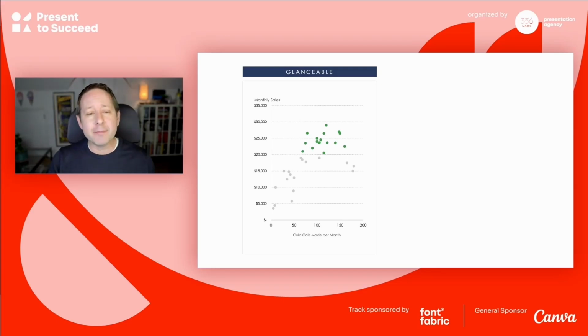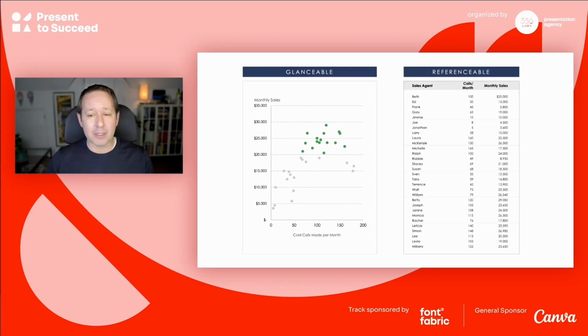But if we took the same data set and put it into a table, suddenly it's not very glanceable. It's hard to pick out what's the story. And it's not the table's fault, because a table by design is referenceable, right? I refer to tables as being referenceable. You want to go back to them over and over, and you can spend some time with it. And so that's why by nature, tables are not the best thing for on-screen presentations, but again, sometimes they're necessary.